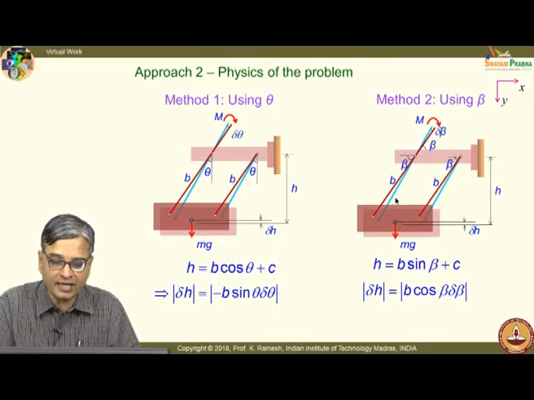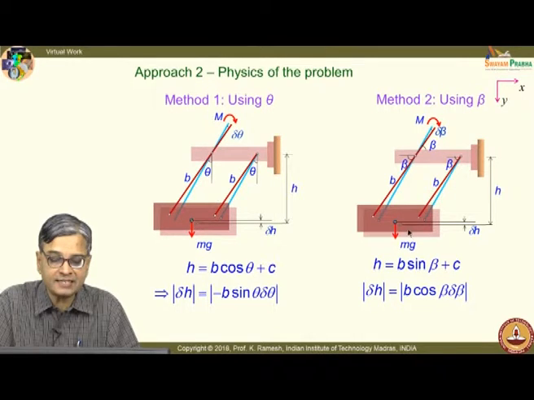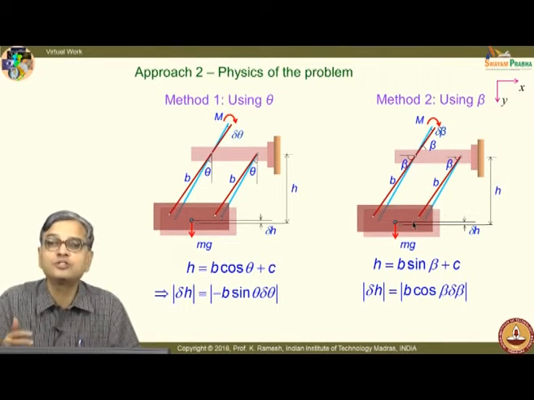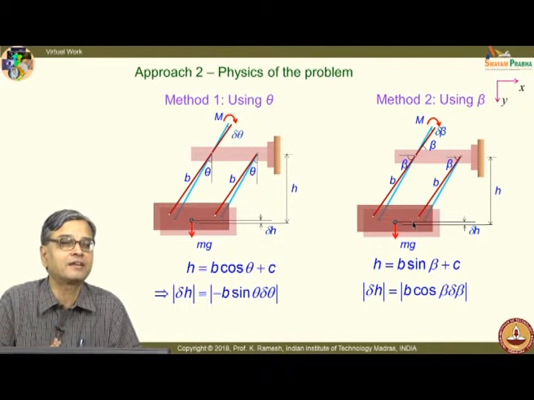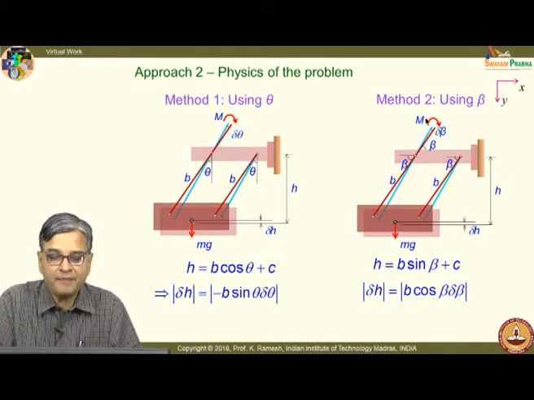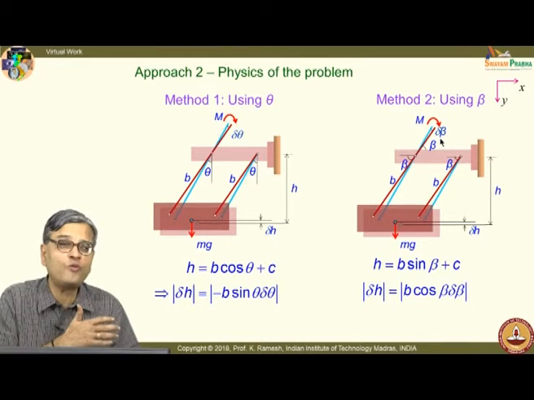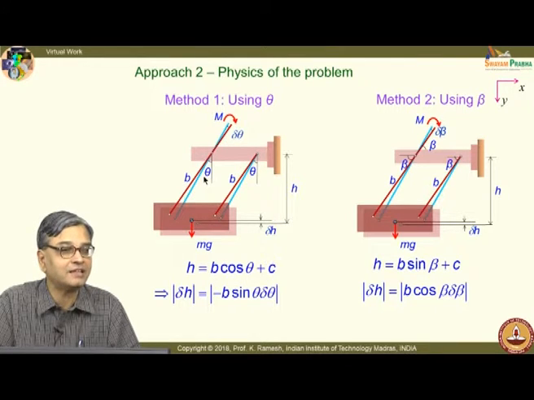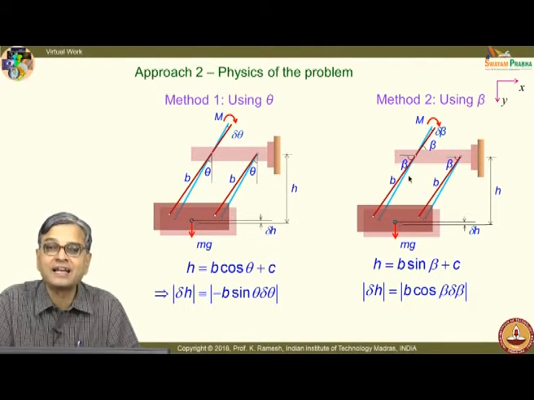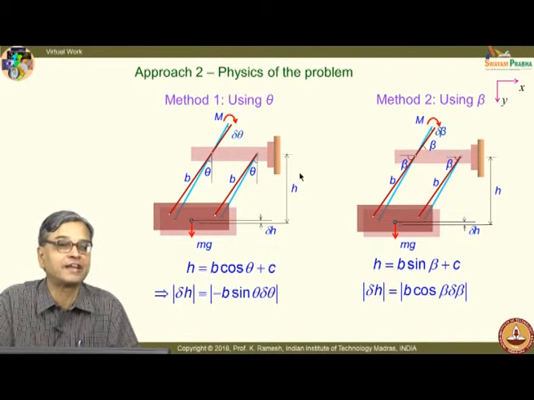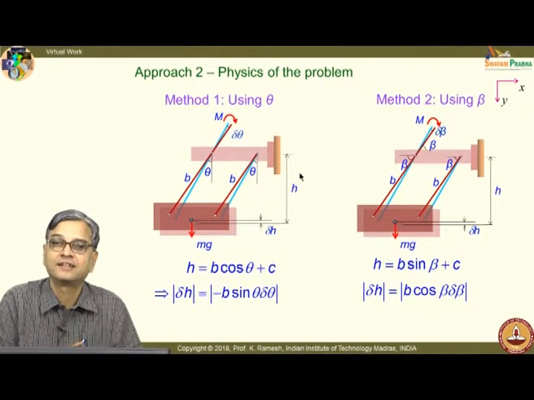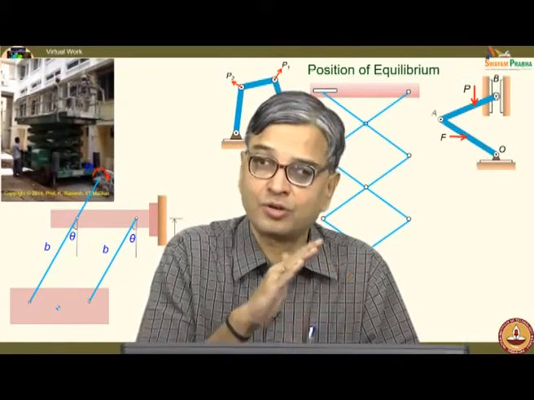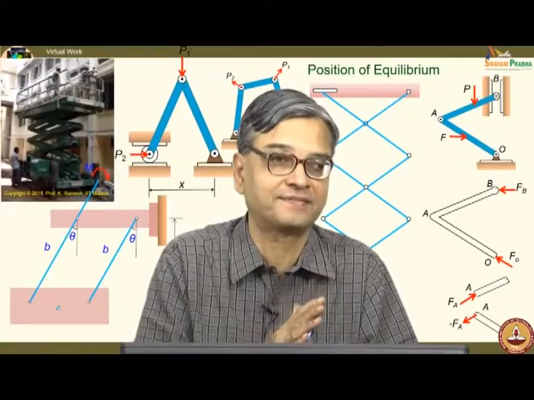Here I can physically visualize, when I write delta W equal to 0, that mg is moving up. So, mg is doing what kind of work? It is doing negative work. On the other hand, m and delta beta are in the same direction, so it is doing positive work. There is no way I will make a mistake whether I use theta as the independent variable to start with, or whether I take beta as my independent variable to define the configuration. Is the idea clear? See, some books do say this, but they do not emphasize it.